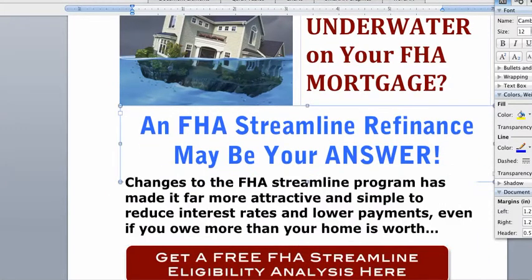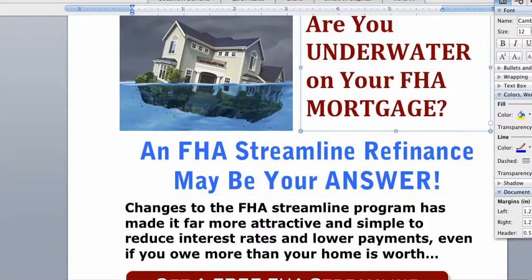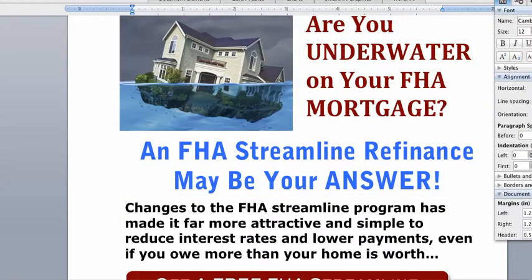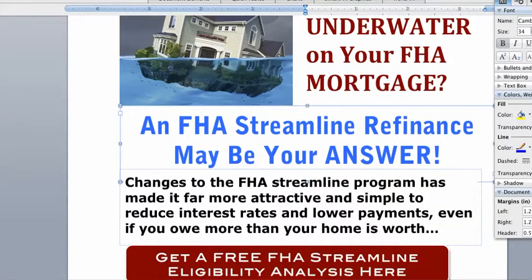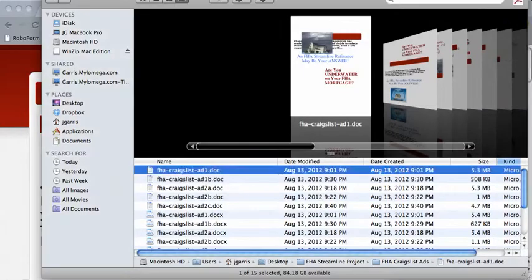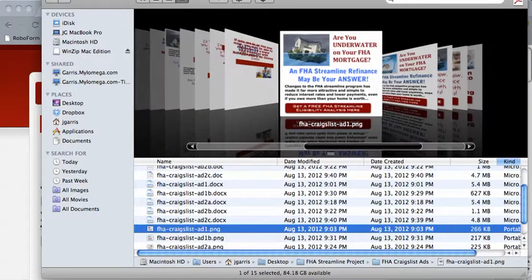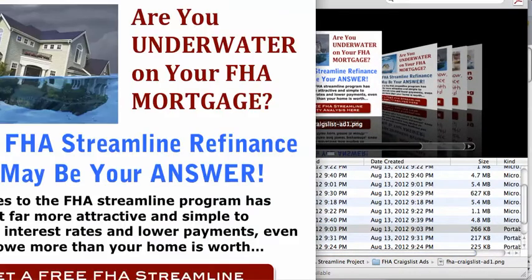What we do is we use Jing Project, which is a free screen capture system, to take a picture of this and then save it as an image after we've made the changes. We try to make sure that there's no cursor or anything that's still left there when we do take the image. But this is going to allow you to make modifications to the actual ads very quickly. And then of course we have the actual ads themselves